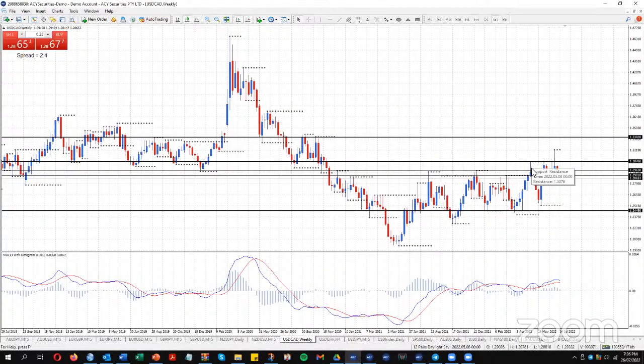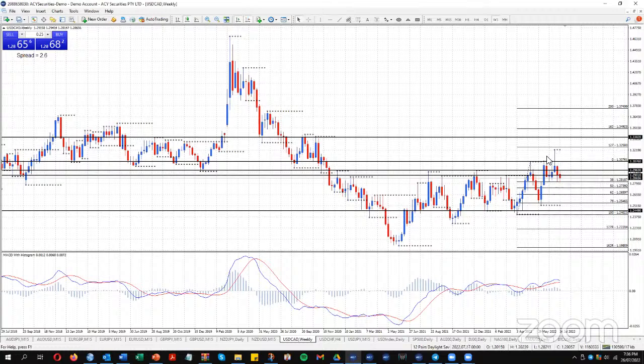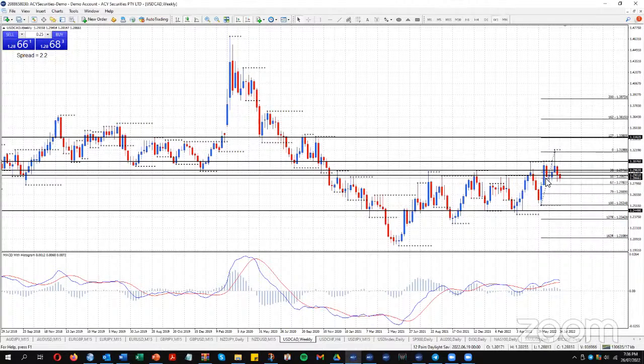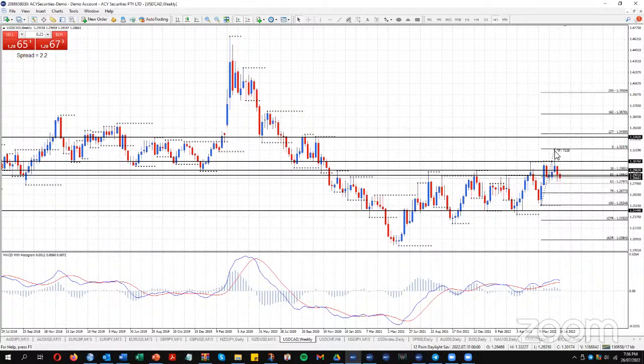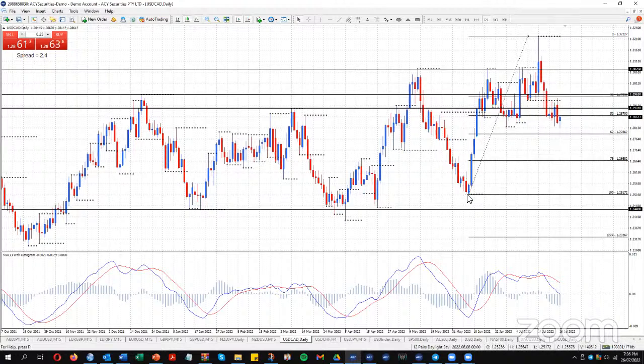It's moved up to a higher top, higher bottom, higher top, and that's probably a 127 extension using the fib tool across the range, or very close. So at the moment, this could well now be moving back to the 79 level on this pullback. Structure on the weekly chart trend is not changing. It just doesn't want to exist above these resistance levels for too long. So this could be pulling back maybe to the 62 or the 79. So I'll just be monitoring those levels at the moment. How does it go at the 62? How does it go at the 79 on that pullback? Just need to rejiggle that to the low.